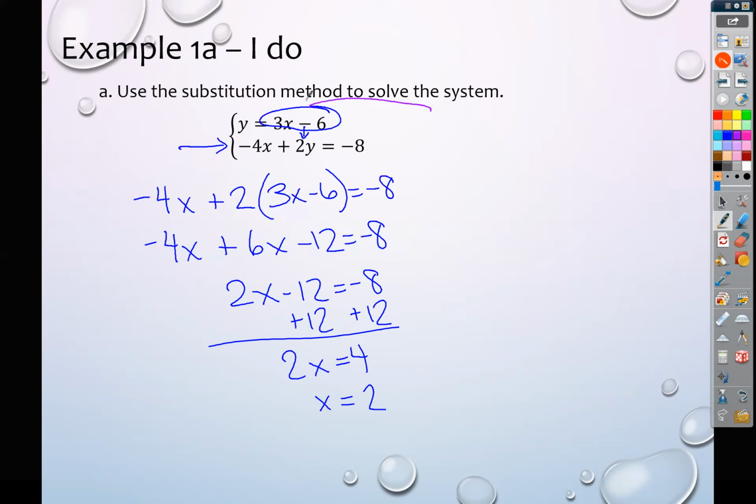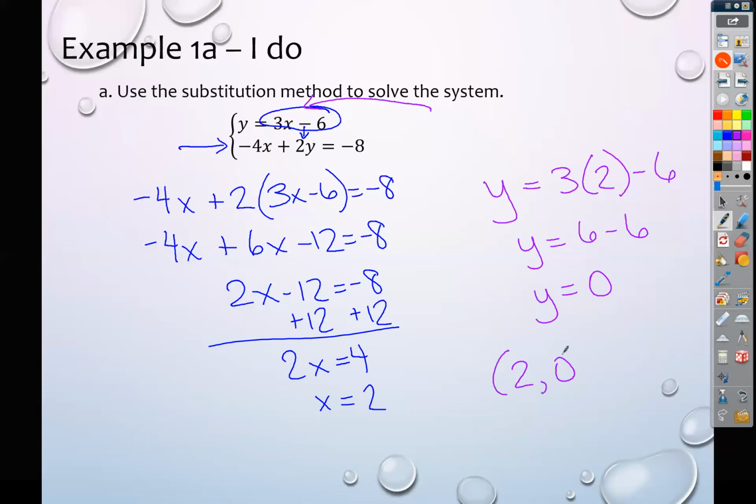I always plug it into the one that you already isolated. So y equals 3 times 2 minus 6, so you get 6 minus 6, which is 0. So the ordered pair